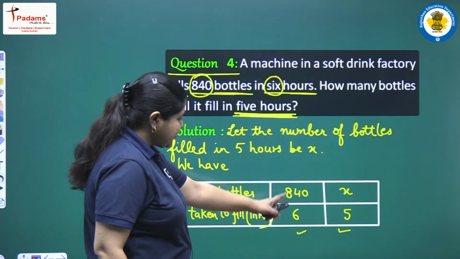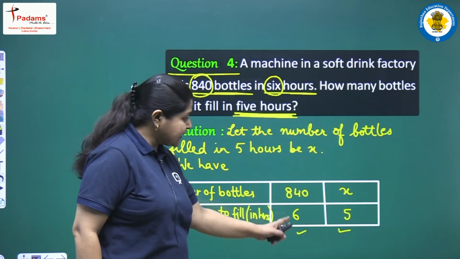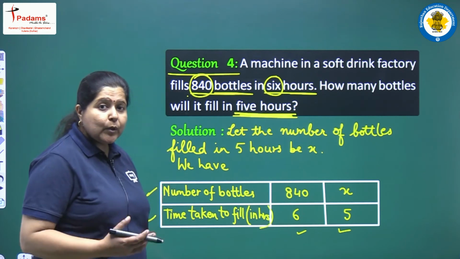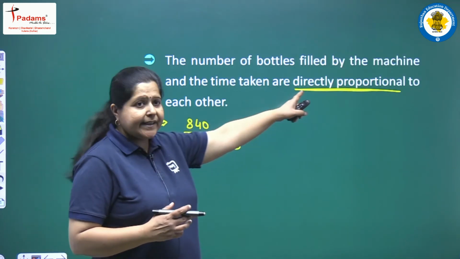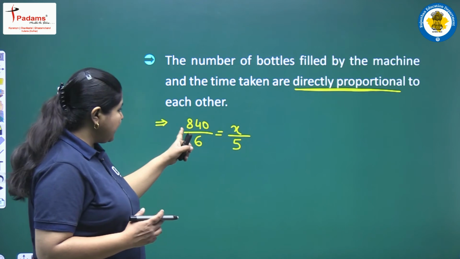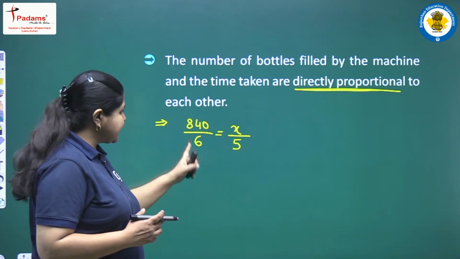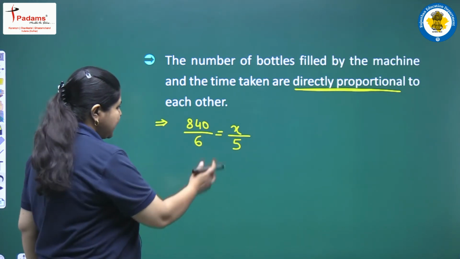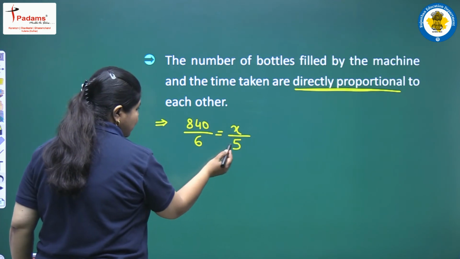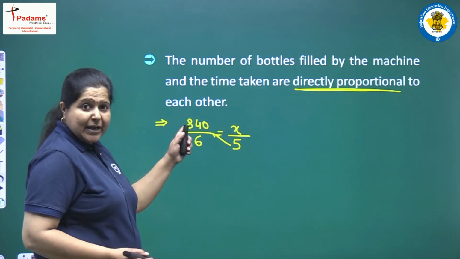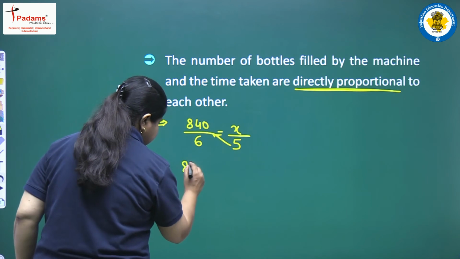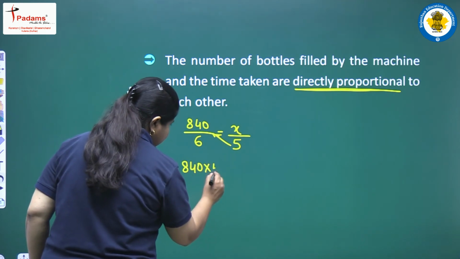ठीक है, ये जो दो क्वांटिटीज़ हैं उनकी अलग अलग जो वैल्यूज़ हैं उनके रेशो इक्वल होंगे, क्योंकि दोनों क्वांटिटीज़ डायरेक्टली प्रोपोर्शनल हैं, और ऐसे में हमें मिल गया इनके रेशोज़ 840 upon 6 इक्वल टू x upon 5. फ्रॉम हियर वी कैन फाइंड x। 5 को यहाँ से क्रॉस में मल्टीप्लाई कीजिए 840 के साथ, 840 into 5